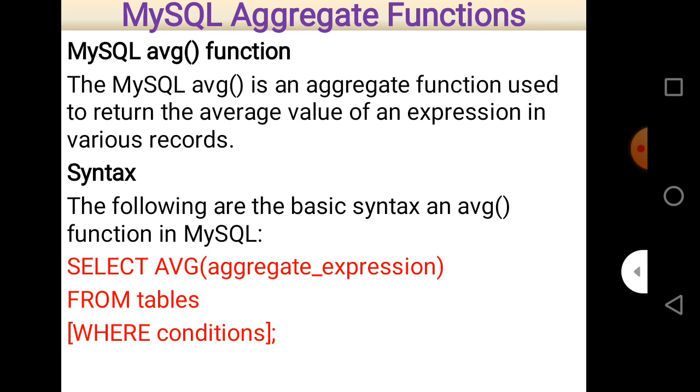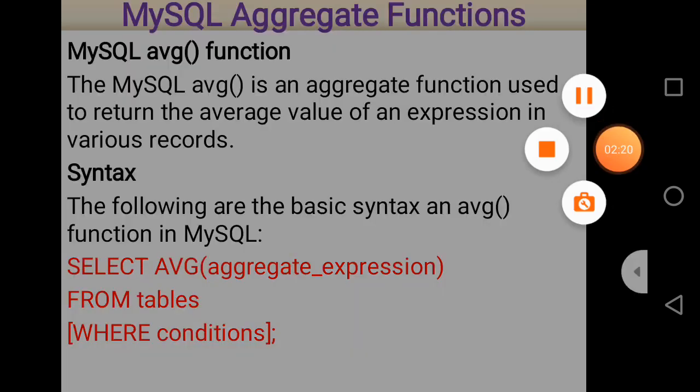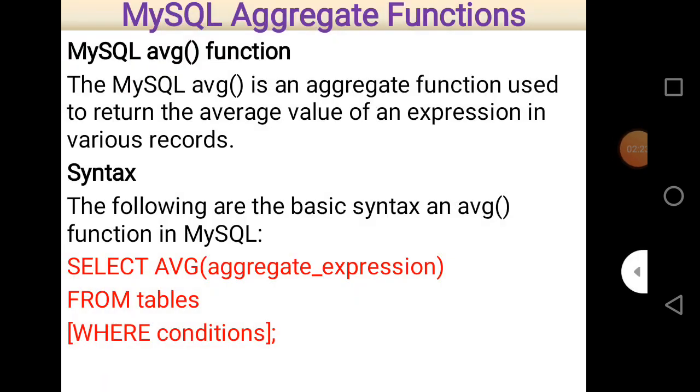The condition is optional. If the condition is given, then according to that the average will be calculated, and if there is no condition at all, then it counts all the values given in the aggregate expression. So this is all about the average function. The syntax is very simple. To calculate average, you just use AVG.